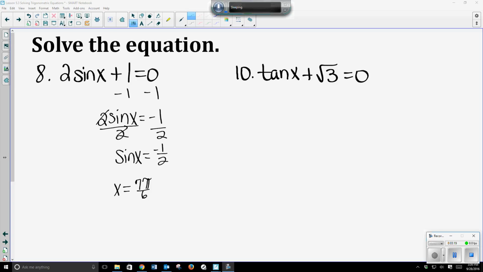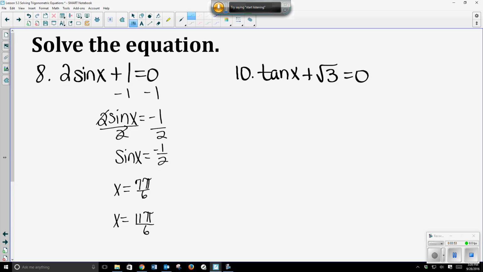Okay, I need to stop for a minute and explain something. So first thing we need to do is find all the solutions in the interval from 0 to 2 pi. So 7 pi over 6 and 11 pi over 6 would be from 0 to 2 pi. But because sine of x has a period of 2 pi,